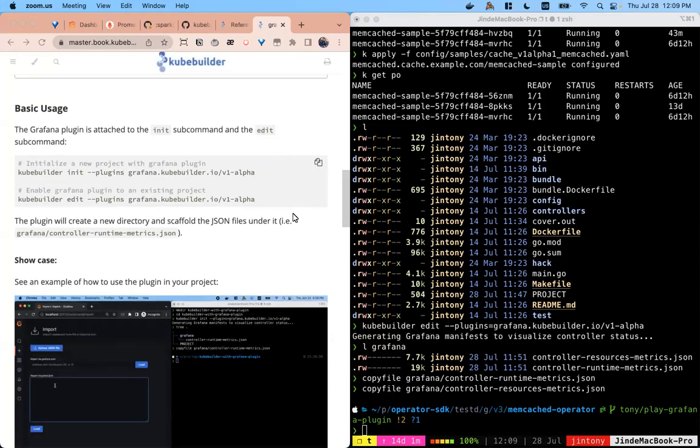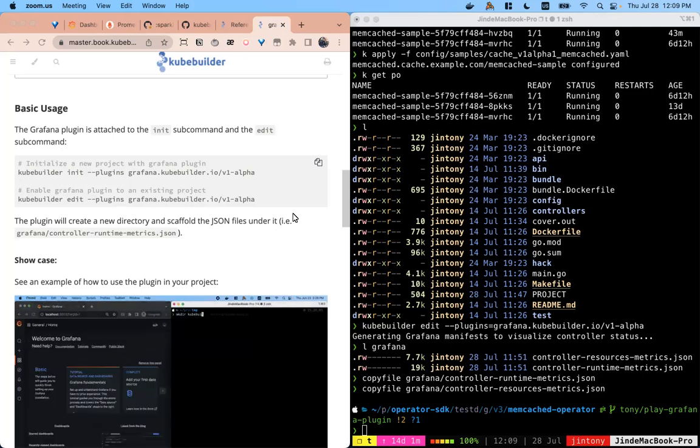So the aim is to simplify the process for users to visualize the running status of their operators, so they don't necessarily need to do the invention or the creation of the manifest on their own, because sometimes people from different teams might duplicate the creation of panels, since some panels might be in common. And the other aim for creating this plugin is that, by default,